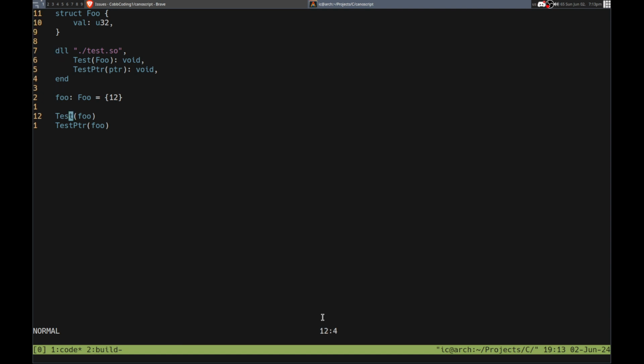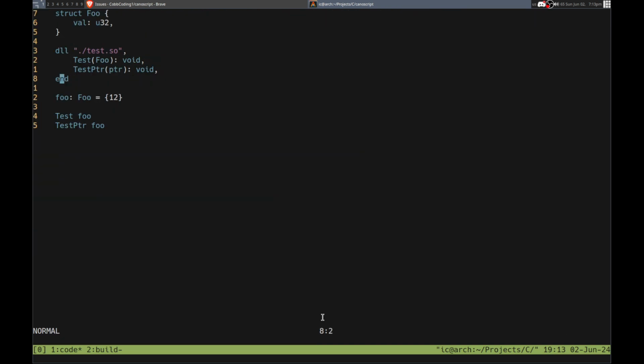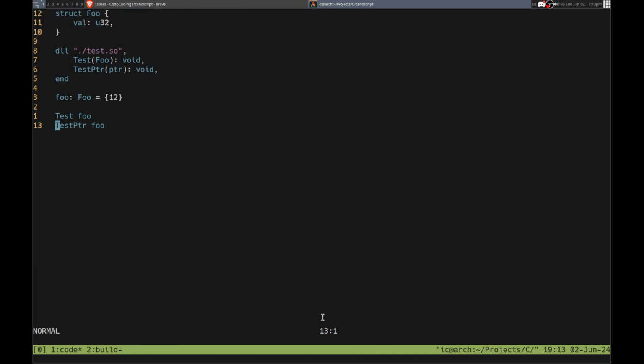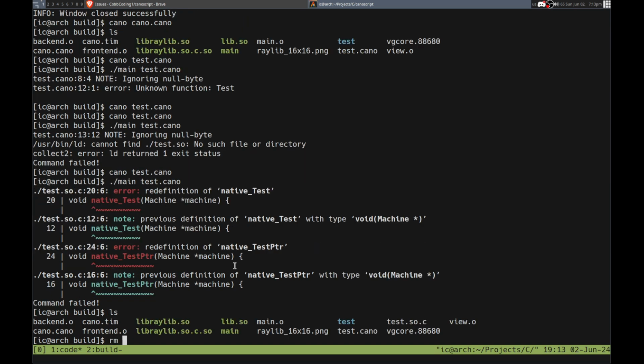And we don't call these like this. I forgot, it's just like this actually. And there is a null byte on line 8. Okay. So it fails here. So I'll remove this